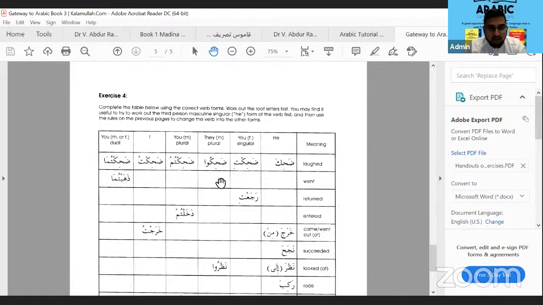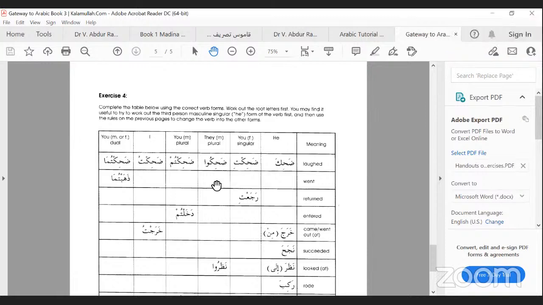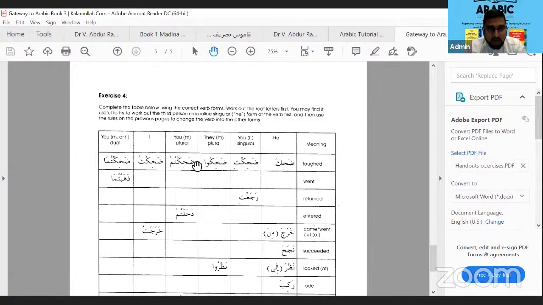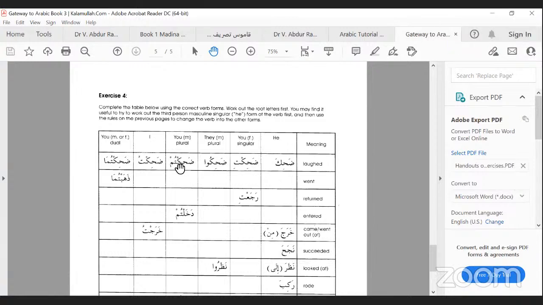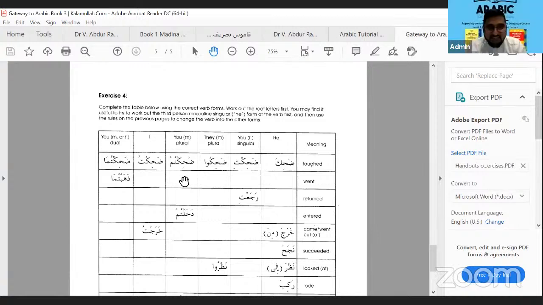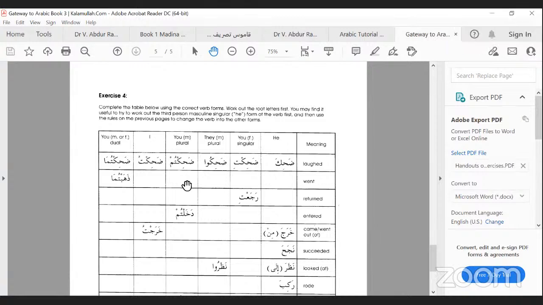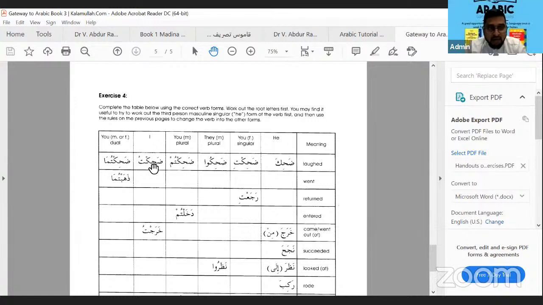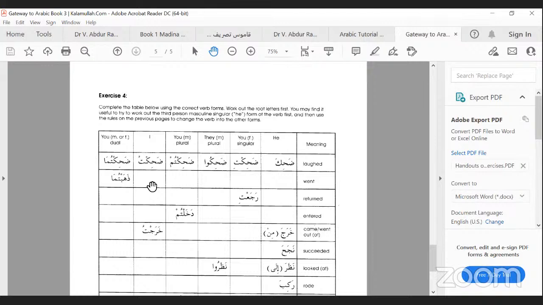ذهبوا. Good boy. ذهبوا. So next one, dhahiktum. So dhahika became ضحكتم, which means ذهبتم. It is easy. Do you understand now? Yes. Brilliant. Now next one, dhahika, "I laughed" became dhahikto. So dhahaba will become dhahab, add a to at the end.